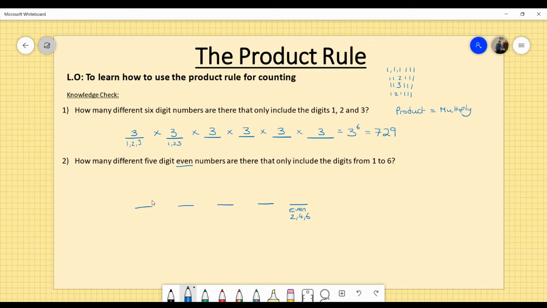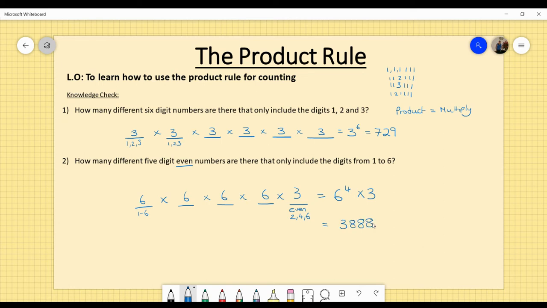Okay, and therefore we think about all the possible numbers. So it could be anything from 1 to 6. So there are 6 possible numbers there. Again, this one's not going to change, nor is this one or this one. However, I've only got 3 possible options there. So I would then work them out using the product rule, so multiply them all together. In its simplified form, it will be 6 to the power of 4 multiplied by 3, which as an answer, we end up with